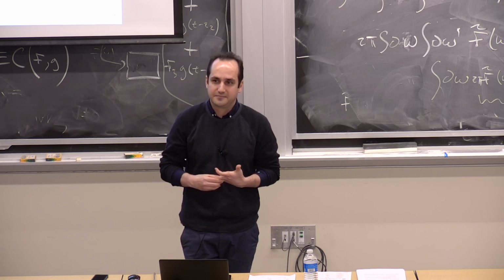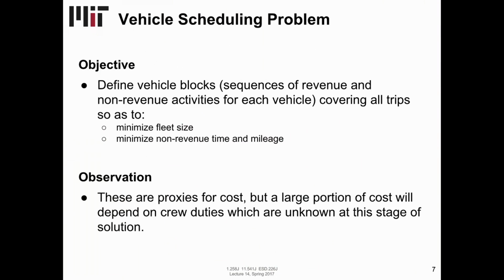Okay, any other questions? All right, a little bit faster on these parts. So when it comes to the vehicle scheduling problem, it is a very interesting problem to optimize. The objective of this problem is to define vehicle blocks, or sequences of duties for vehicles, that include revenue trips and non-revenue trips. In other words, deadheads to rebalance or to balance the deficit at terminals, or layovers that would actually take place for reliability considerations. So the objective is basically to define these vehicle blocks, given that we are going to cover all the trips that are already scheduled,